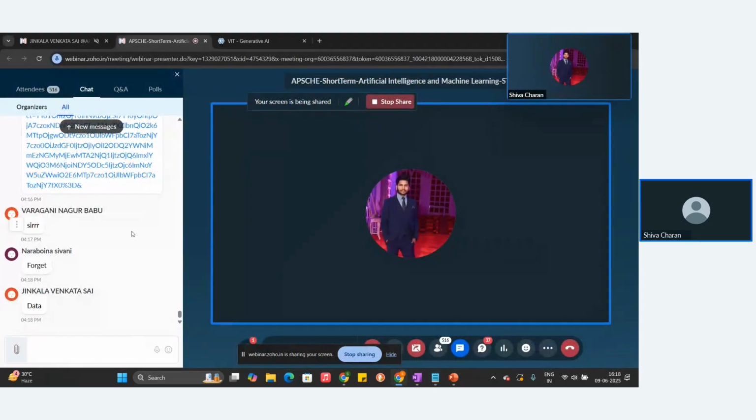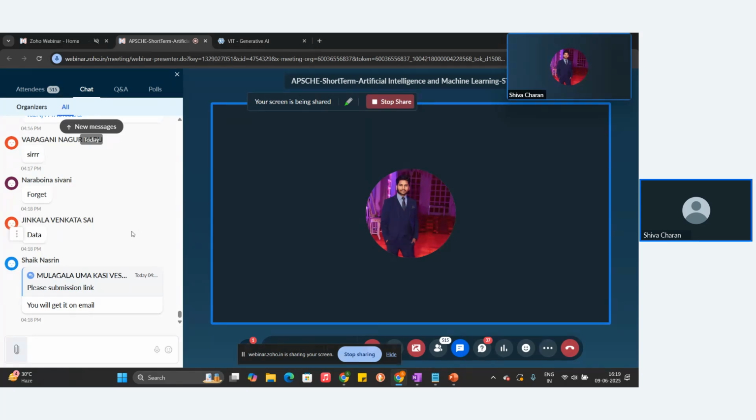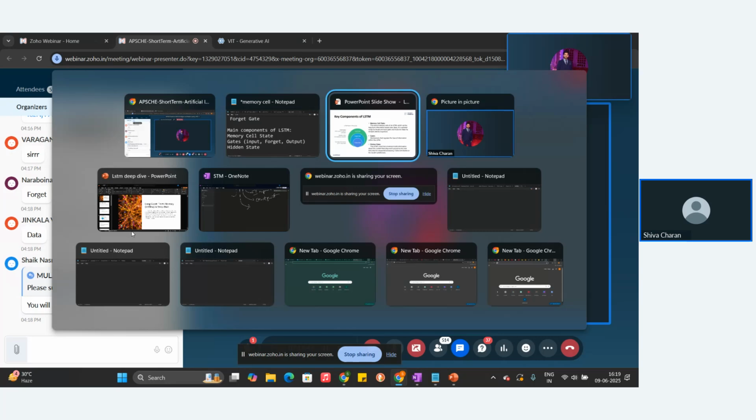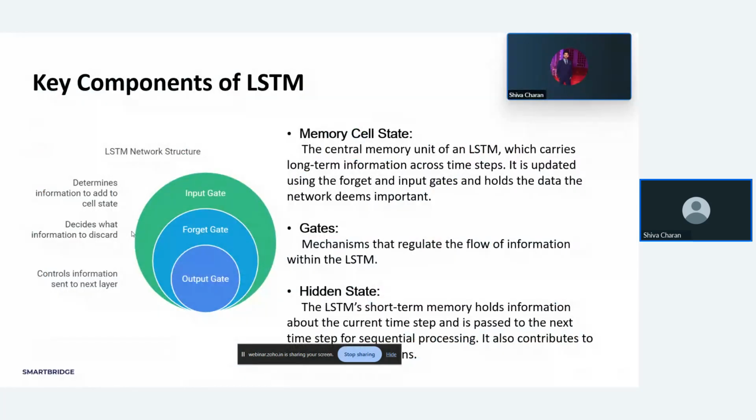Data. Correct. It will carry all the important information through the time. What it is saying? Central memory unit of LSTM, which carries long-term information across the time steps. Each and every time step lo information carry chestadi, and it will be updated using the forget and the input